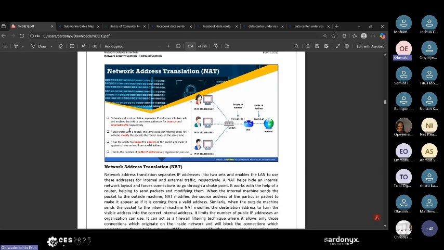We have pairs, one-to-one, that is static. That means I can have one private to one public, but that is very expensive because you can't just get a public IP address. It's not that easy. The way MTN is, they can have just maybe a /24 of public addresses. It might not even be up to that. It might be a /27 of public IP addresses. That means they can have like 15, 20 public IP addresses, or 5, 7, or 6, depending on their core layer routers.